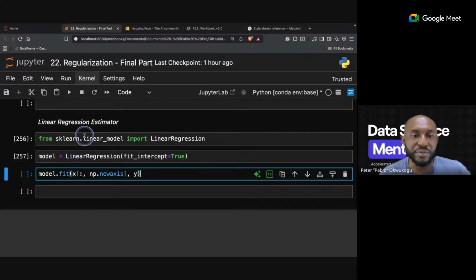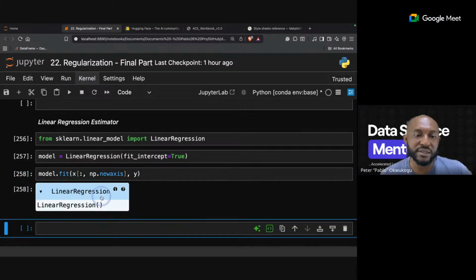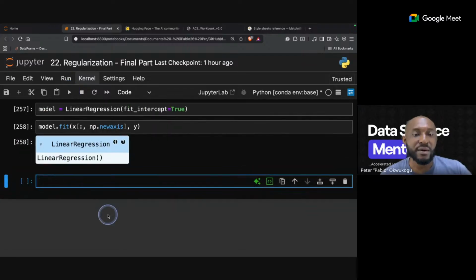We want to set up a feature matrix, which is n_samples by n_features, and the target variable, which is just n_samples. So we run this. Now I'm going to call this xfit, because I want to see how we can fit our model.